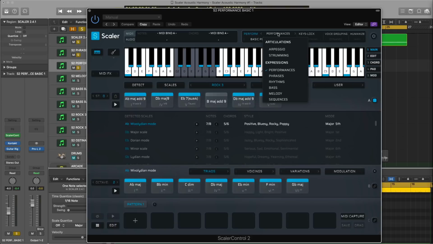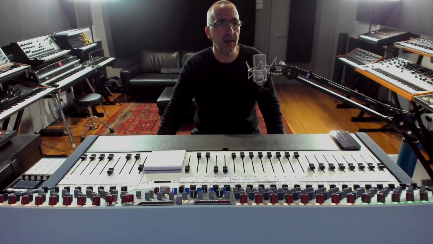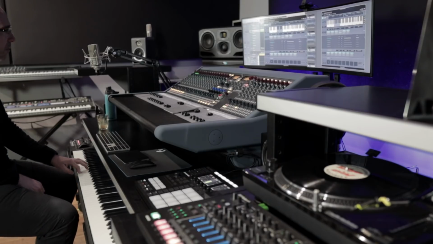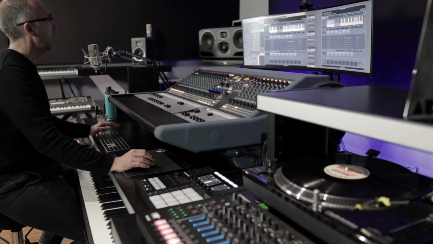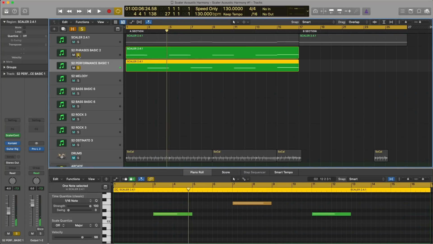And I'm going to go straight into performances, and this time I'm going to choose a basic performance. I might just stick with basic performance 1. Now, performances, remember, they are just the chord that you're playing, no extensions, unlike phrases, which has a bit more of a melodic content. Okay, let me just solo that and have a listen to that. Yep, cool. Okay, that's good. You can see there I've got it responding. So the first